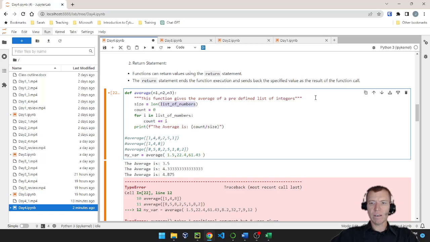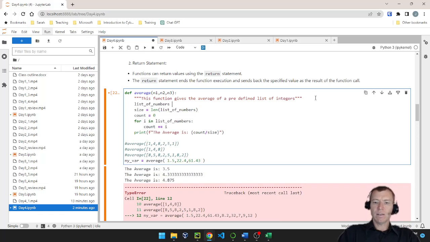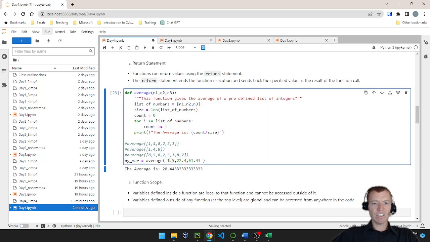So let's go ahead and define this to be a list. So I'm going to say in1, 2, and 3 are going to get put into my list. And now my function will work just fine because I'm passing in 3 separate variables. Now I tend to like passing in a list a little bit better